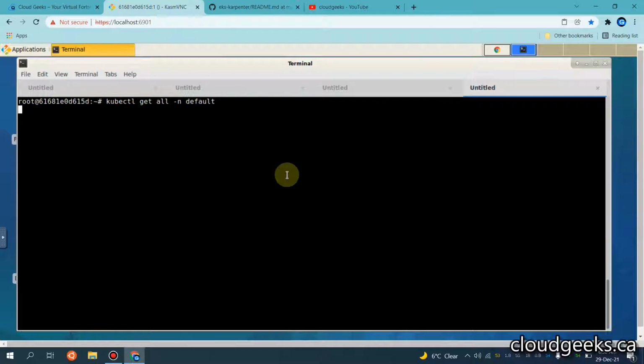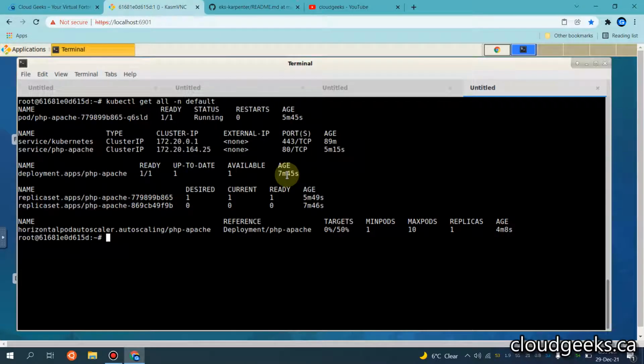We should be able to see what we have in our default namespace. You see this is our php-apache and all the stuff. This is the service php-apache in our default namespace, and this is the deployment and HPA, all that particular setup which we have in our default namespace.